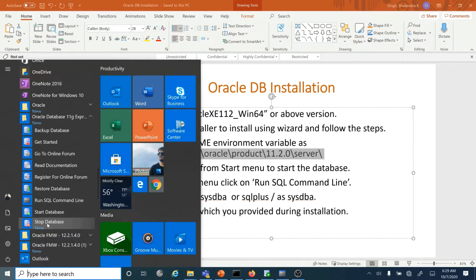Since I have already installed the database in my computer and I have already started the server, now I'll show you how to use the database from the command prompt. We have two options to use the database: we can use the command prompt, or we can download and install the SQL developer to connect with the database so that we can create the table and use the table. First I'll show you how to use the database through the SQL command line. For that, just click on this with the admin role. So it will open a